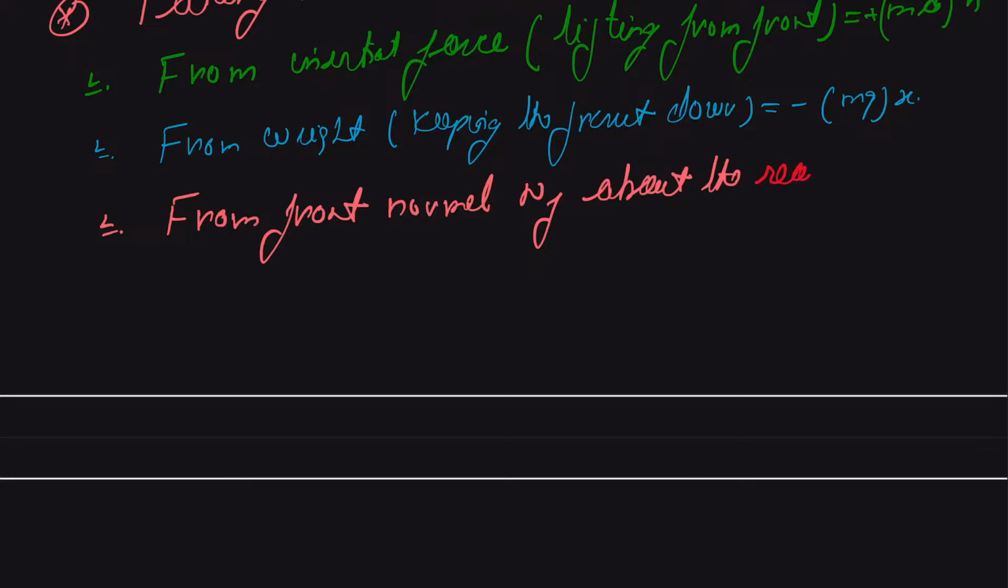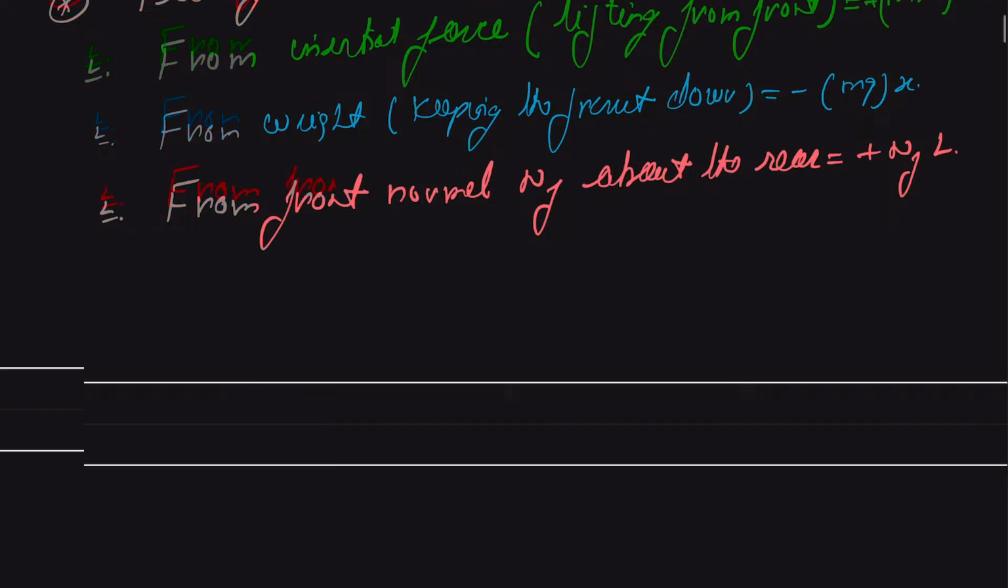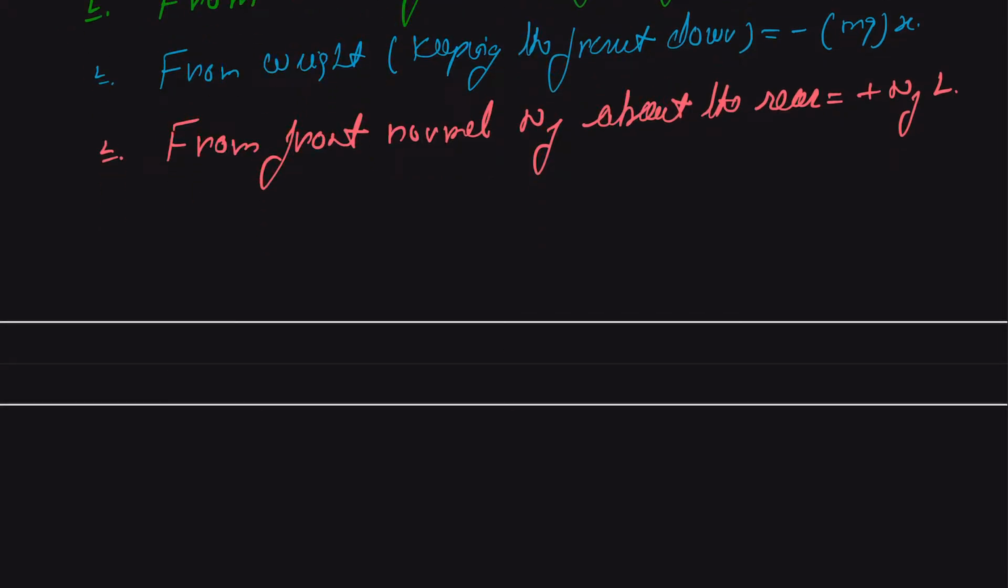And that will be equal to plus NF multiplied by L. And everything should be in equilibrium. Okay, then we can later on substitute that normal is equal to 0. Therefore, we can say for equilibrium,